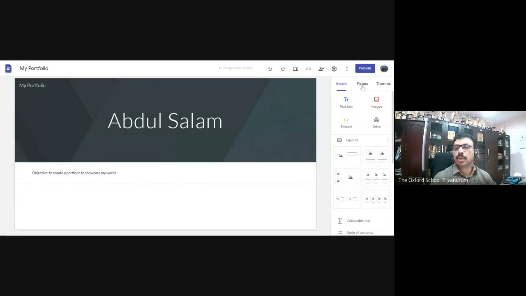And we can add the next page. Suppose this is the home page and I want to add sub pages. Suppose you are asking your children to create a portfolio for different subjects so that students can showcase all the activities, all the work they have done or are doing in their respective subject page. For that we will go to the pages. This is the home page, and there is a plus button. You can add a new page.